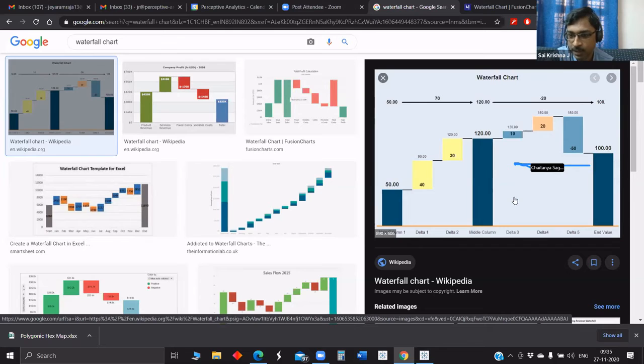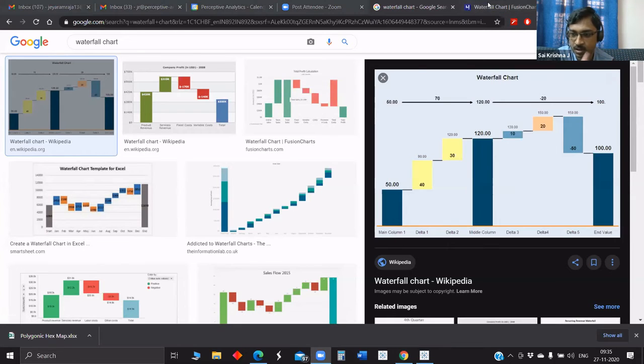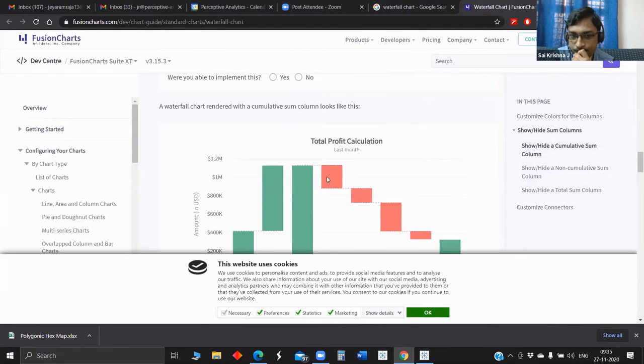So delta 3 could be one reason or one parameter which has increased by 10. Delta 4 could be one more parameter which has increased by 20. And delta 5 is the third parameter which has decreased by 50. So these 3 reasons constitute the reduction between the 120 and the 100. So,